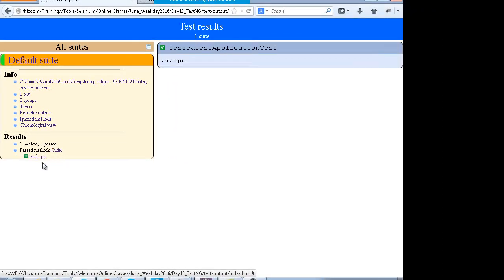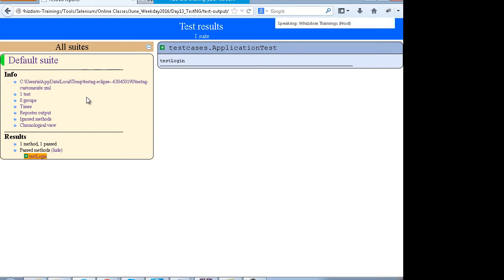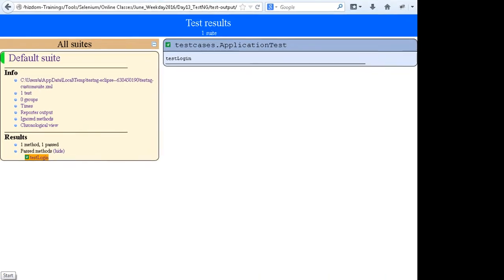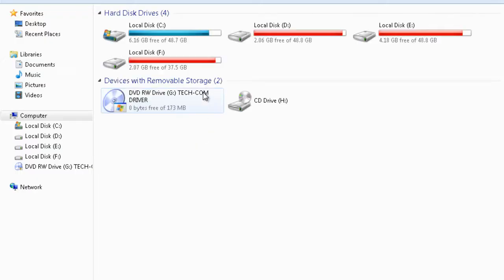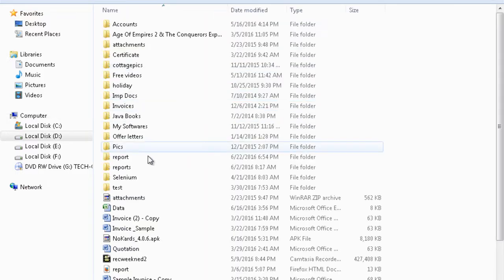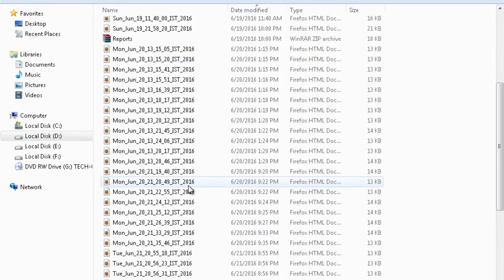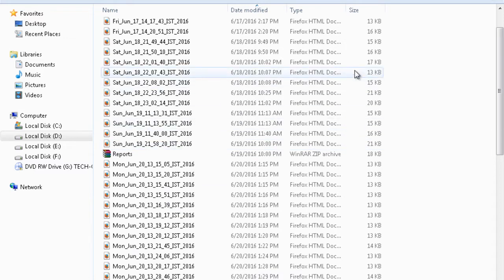These reports look like this. Not a very impressive report. We are going to generate Extent Reports in some time, and you will come to know how impressive they are. Extent Reports look something like this.